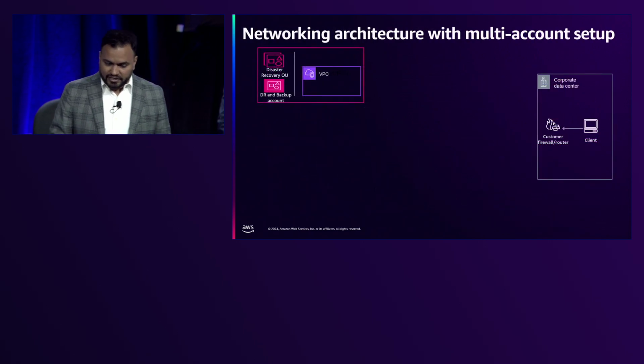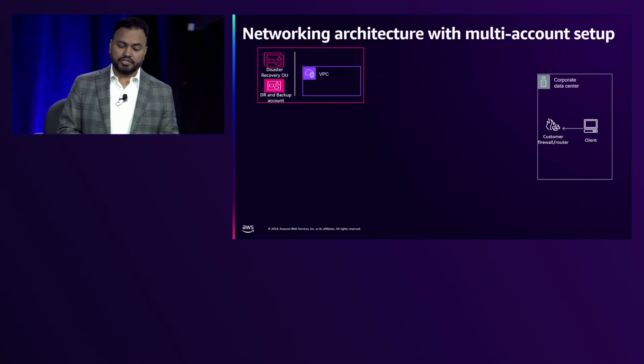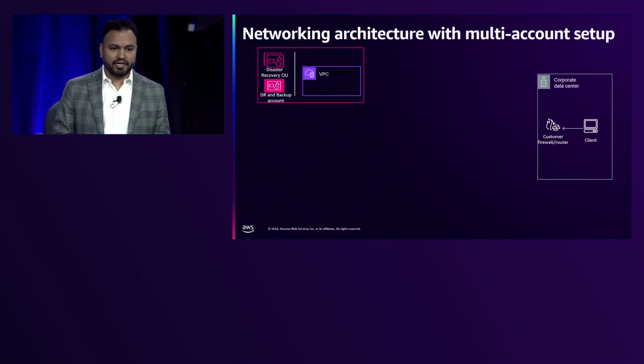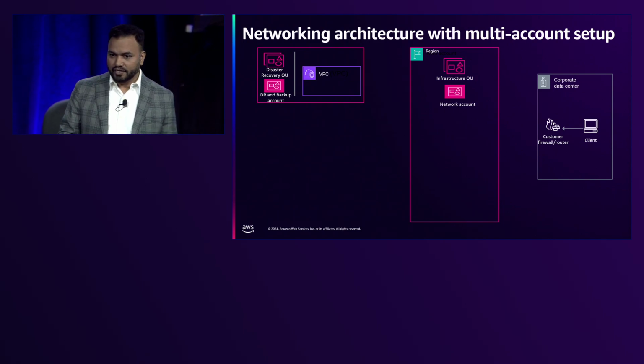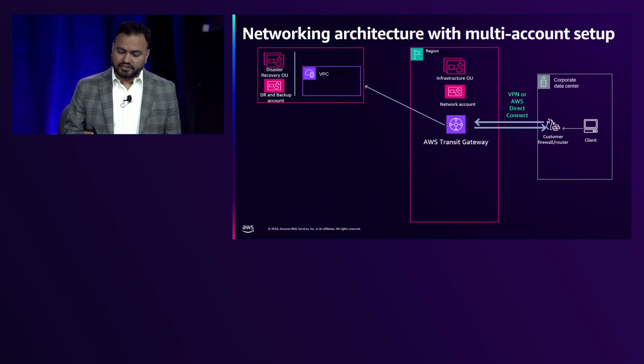So now, ELSA has set up the multi-account structure, and she wants to ensure that the networking architecture is baselined. On one side, we have the corporate data center. On the other side, we have the existing DR account. What we generally recommend is to set up a dedicated network account for the organization. This dedicated network account will act as a centralized hub,